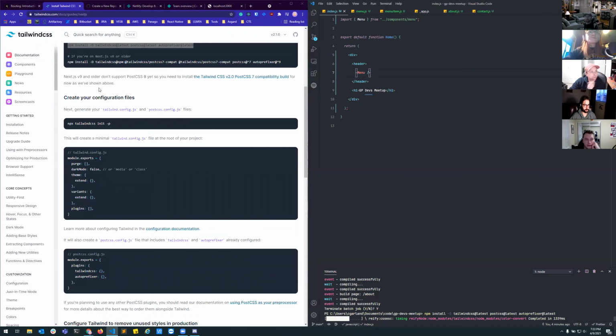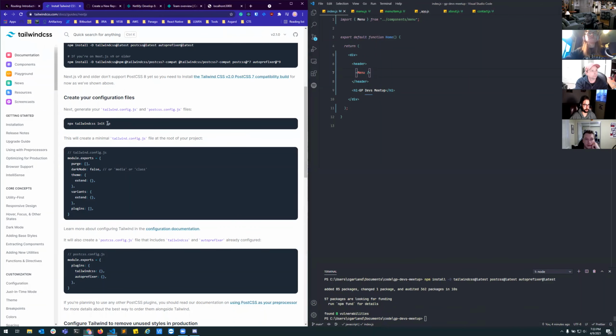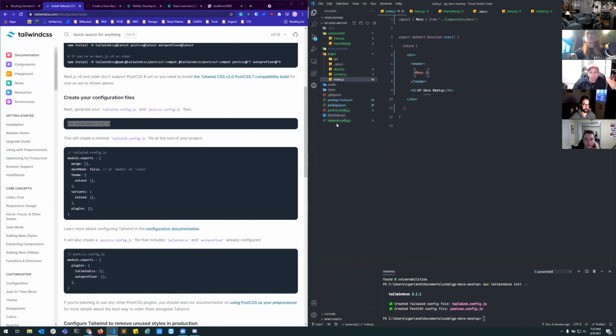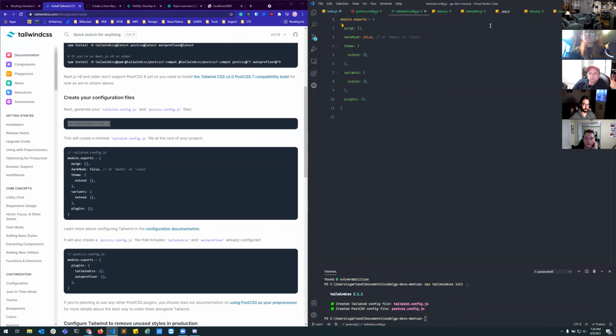And the next thing we do is we need to create our config files. And so again, there's a nice command for that. So we paste that in, and it will create these two files, Tailwind config and PostCSS config. PostCSS config is basically empty, allows us to add Tailwind plugins. And then we have our Tailwind config itself, which has a few options. These are just the defaults,